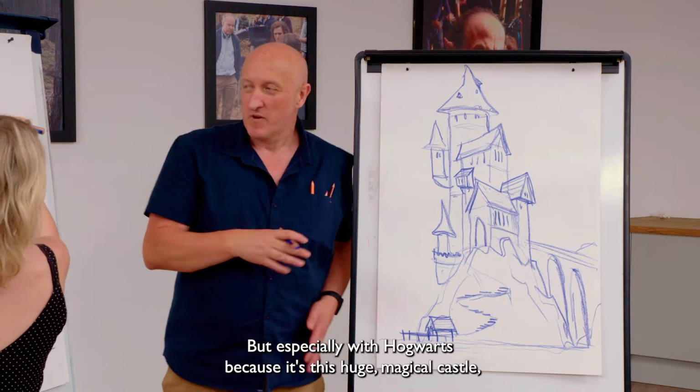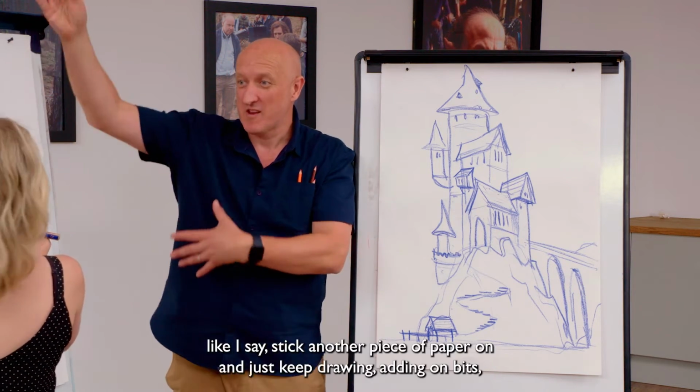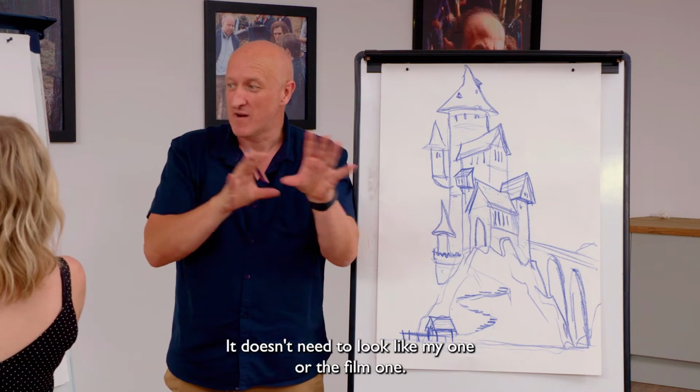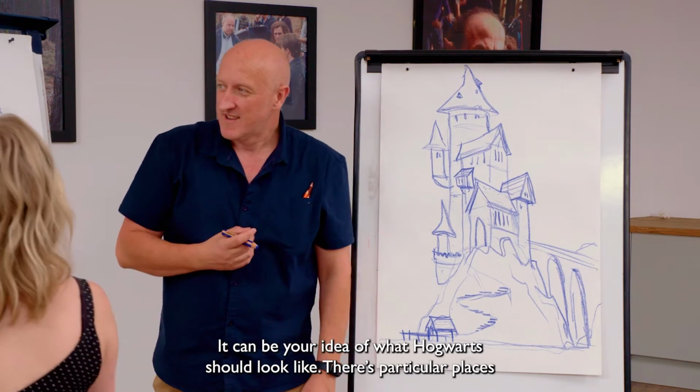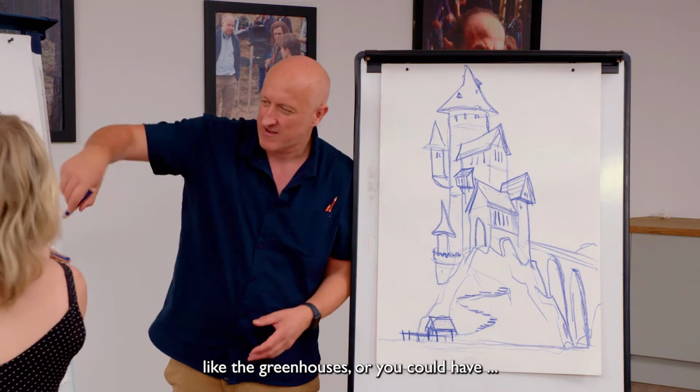Yes. But especially with Hogwarts, because it's this huge magical castle, you could just, like I say, stick another piece of paper and just keep drawing, adding bits, more and more towers, more and more things. It doesn't need to look like my one or the film one. It can be your idea of what Hogwarts should look like. And there's particular places like the greenhouses, more rock. You could do this sort of thing, or you could have